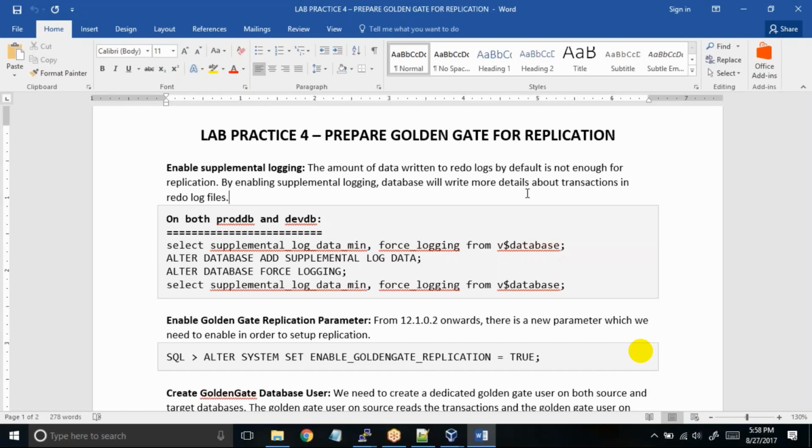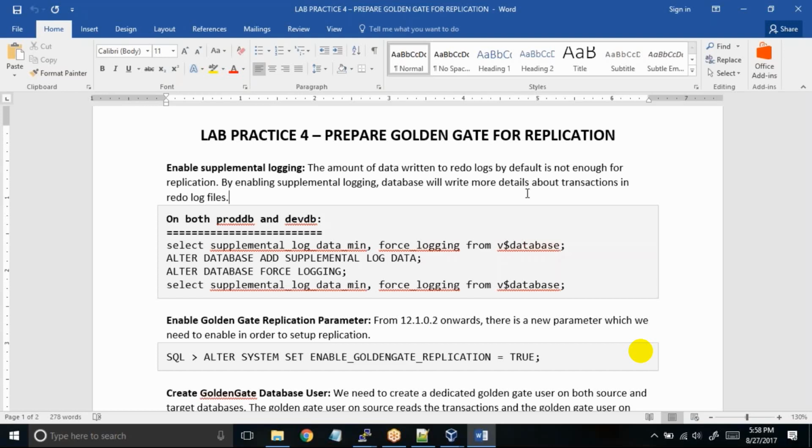So we need to enable this logging inside the database so that Golden Gate gets more data about the transactions that you perform in the prod DB. One example, as far as I know, when you perform any update, your undo block details will also be put into the redo log files with their physical address. Now I am not in depth into the processing, like where it is used and how Golden Gate uses that information. But there is one example that I'll give you in some time